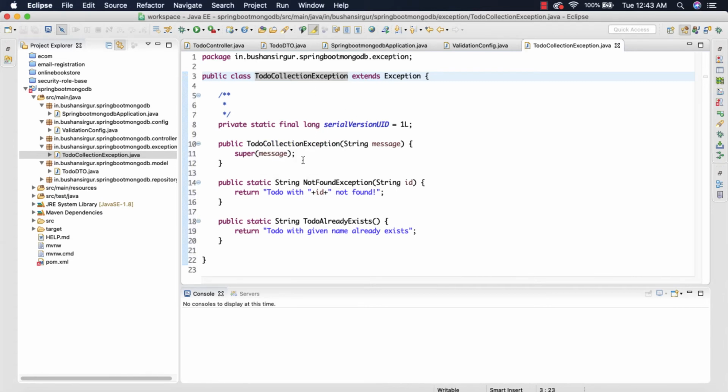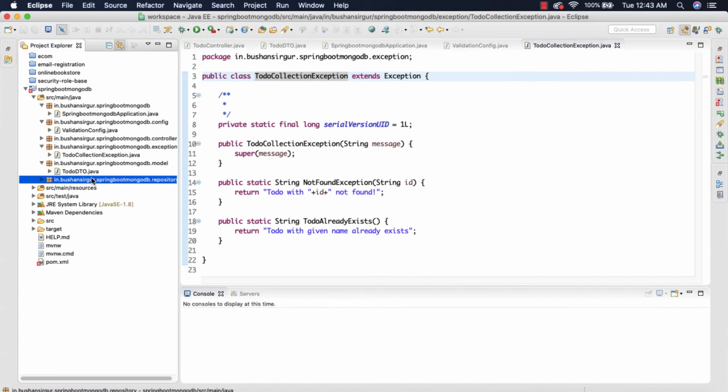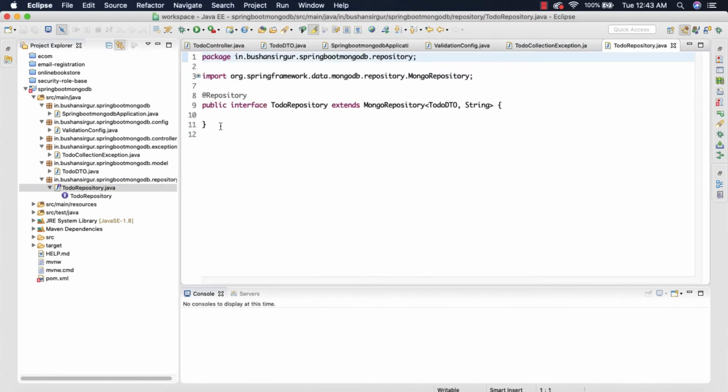And the last thing we have to do is create a query method inside the ToDo repository. So let me open my ToDo repository. We are going to create a query method for finding the ToDo. As I said, we are going to raise an exception if the user is trying to save the same ToDo name, or a duplicate ToDo.